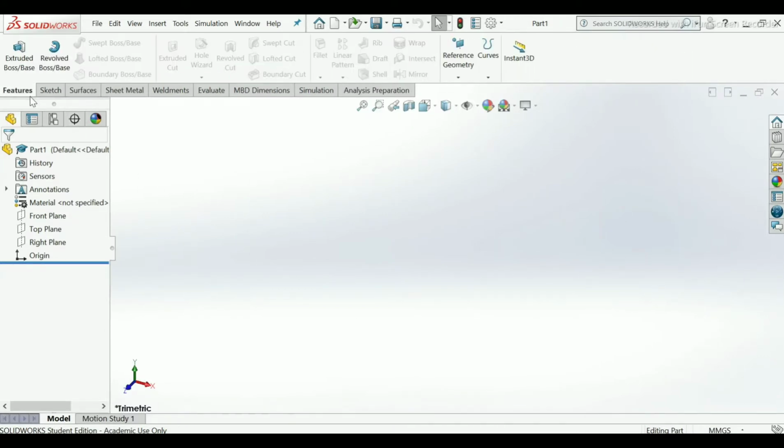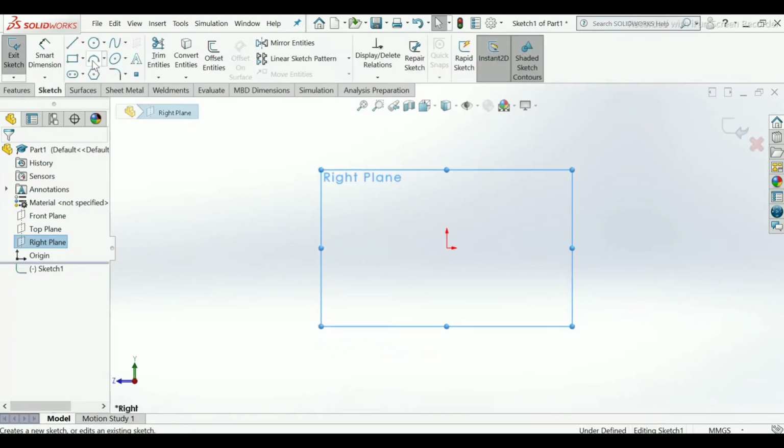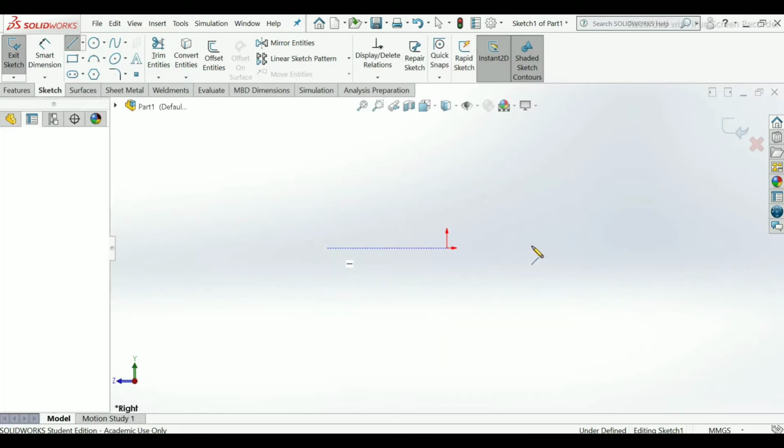First I will make the movable jaw. For this I will choose the right plane, sketch, select center line, and draw 2 lines having different axes. One is the horizontal axis.